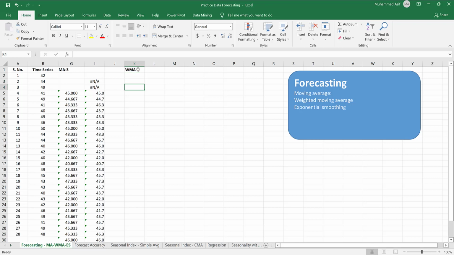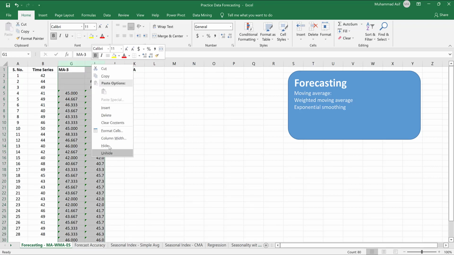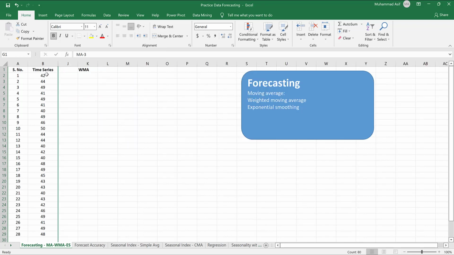The idea of weighted moving average is that we recognize that in our forecast, the values that are more recent are more important, and the values that are old are relatively less important. So we want to assign more weightage to recent values and less weightage to old values. And let's say for this purpose I